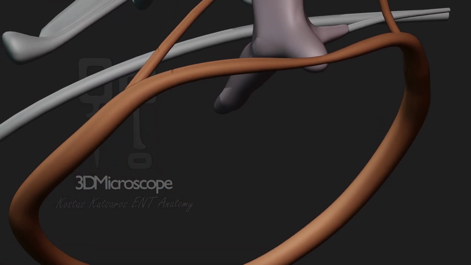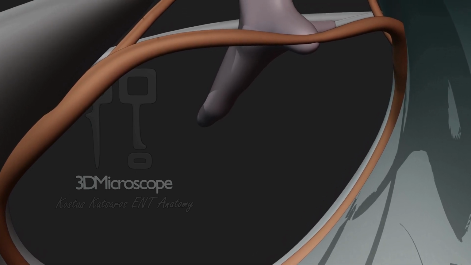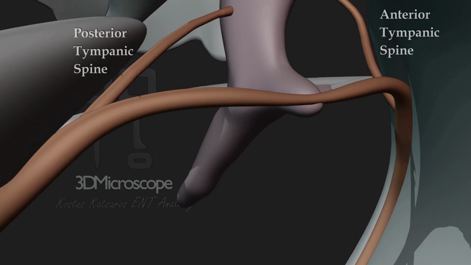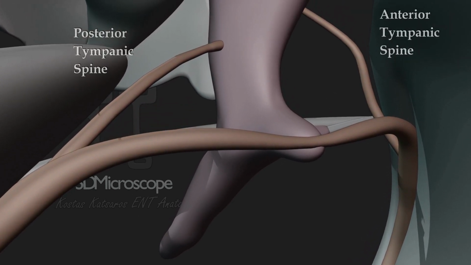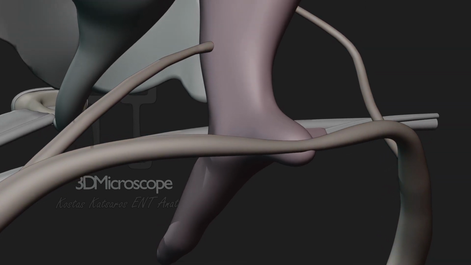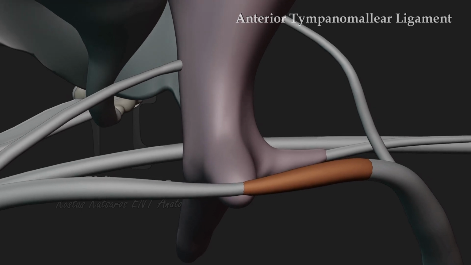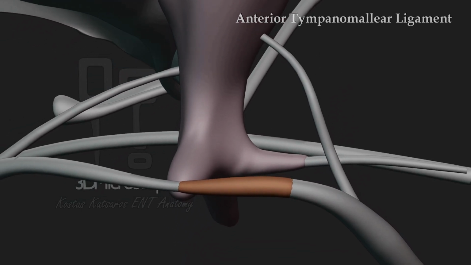This curve lies in the tympanic sulcus, around only the pars tensa of the tympanic membrane. The ligament bifurcates at the level of the tympanic spines, anteriorly and posteriorly. The anterior division gives rise to the anterior tympanomallear fold, which is sticking to the inner surface of the tympanic membrane, dividing the pars tensa from the pars flaccida anteriorly.